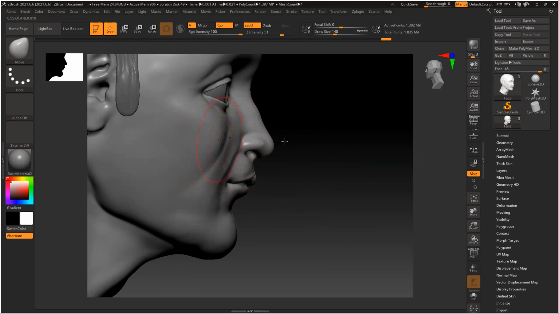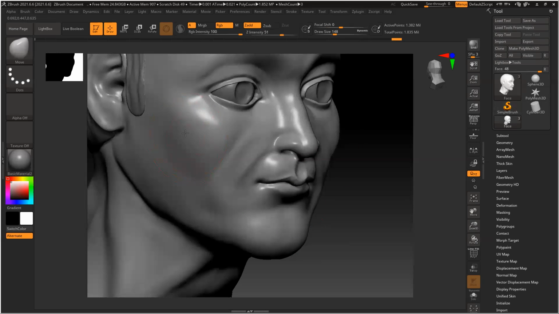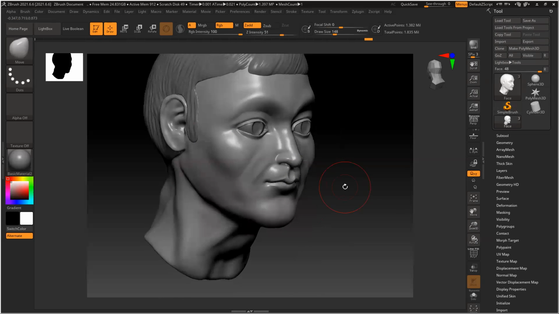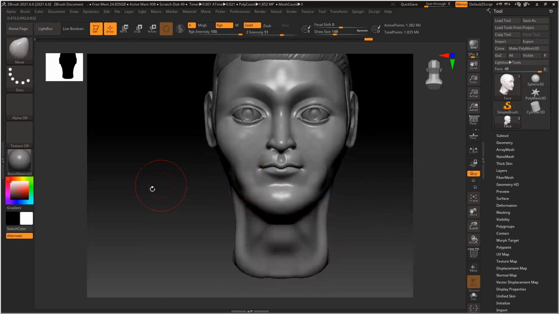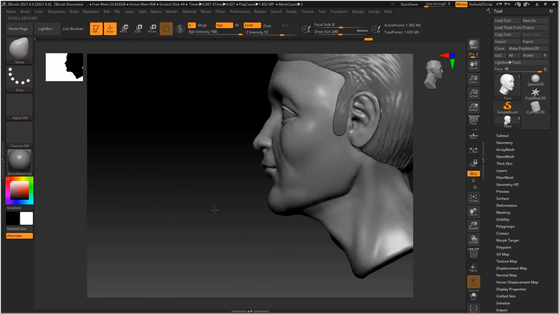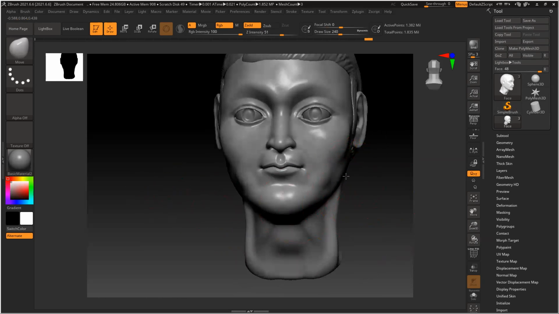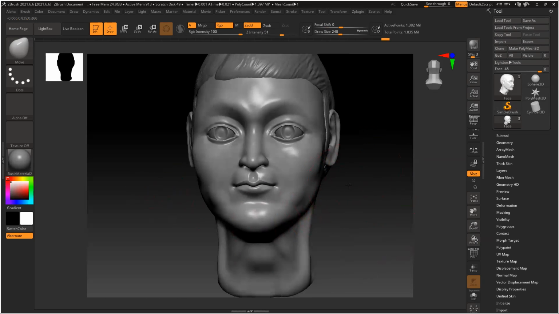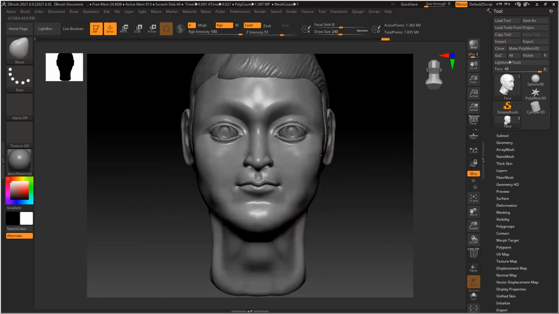The cheekbone should be higher. And now this jaw. On this side I can see the jaw, but here it goes slightly outside. Next to the eye, this area goes slightly inside.